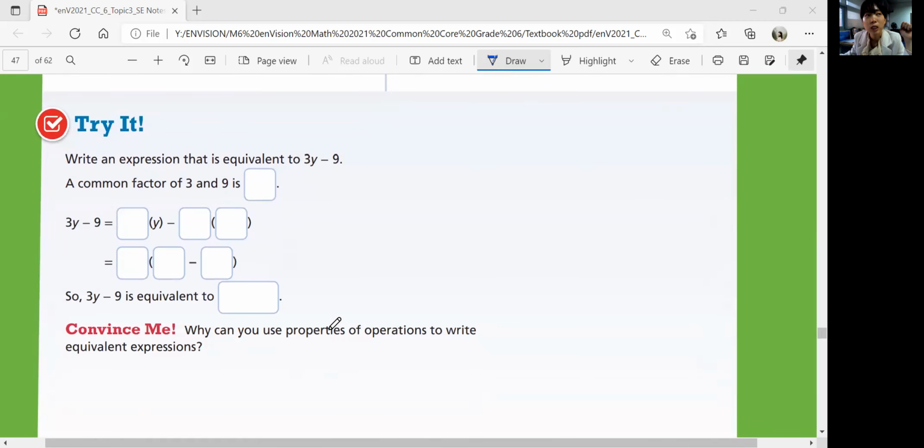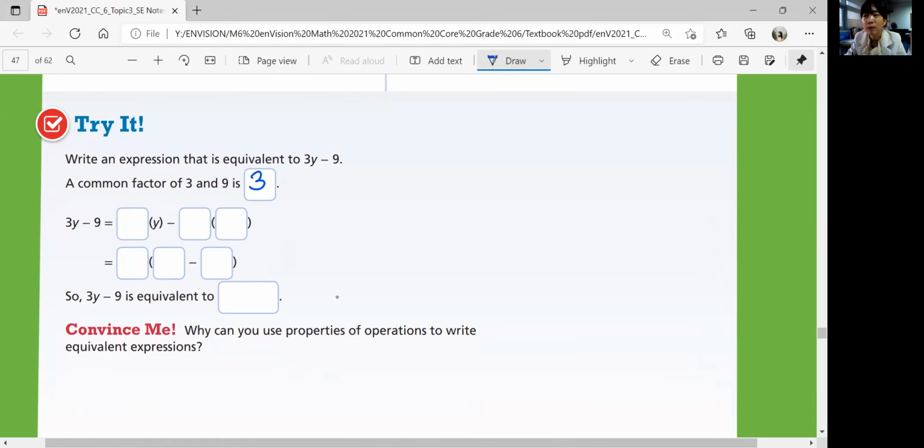Let's try this question. Now let's write an expression that's equivalent to 3y minus 9 using the distributive property backwards, okay? First, we need to find the common factor of 3y and 9. What's the common factor of 3 and 9? It's not 9, it's 3, and it has to be bigger